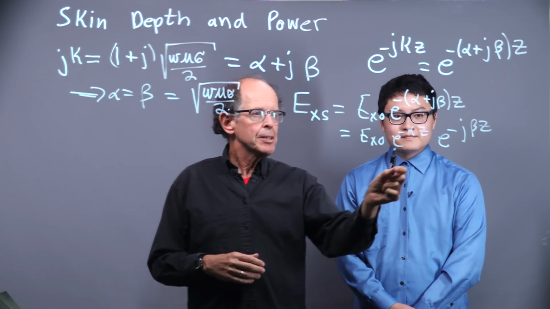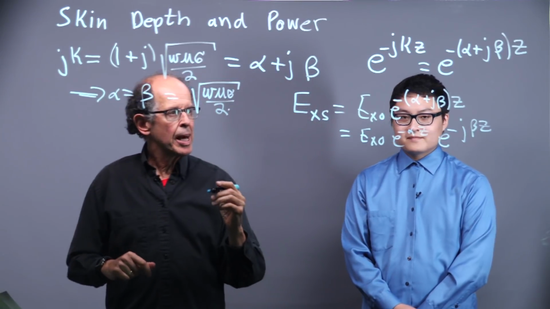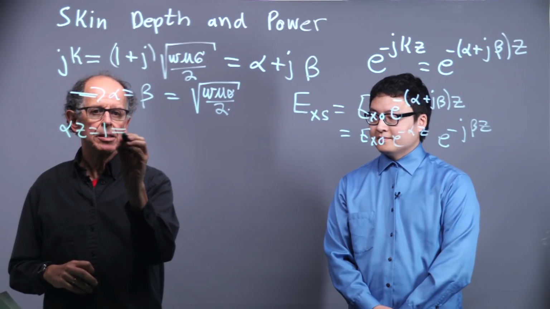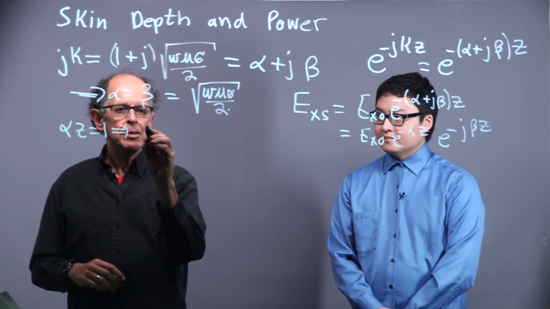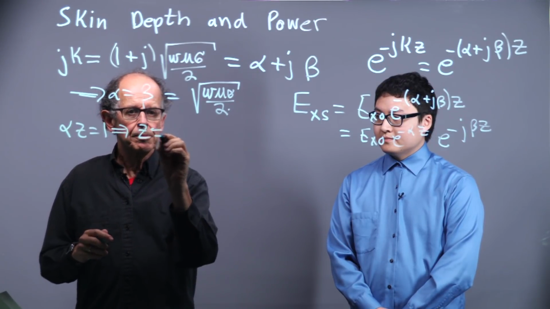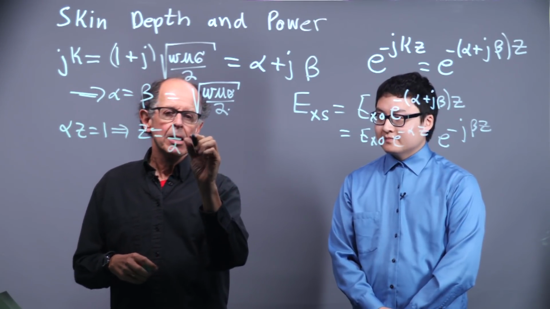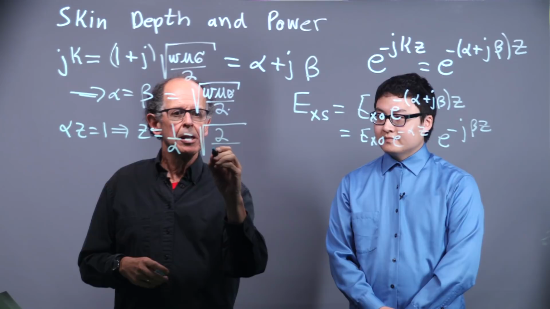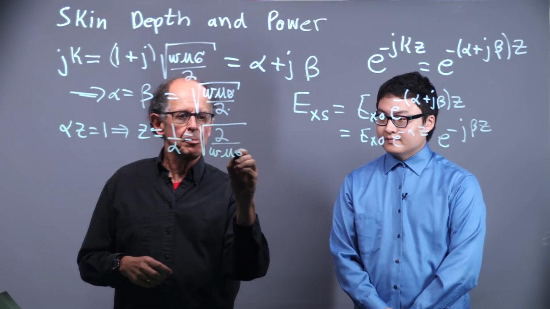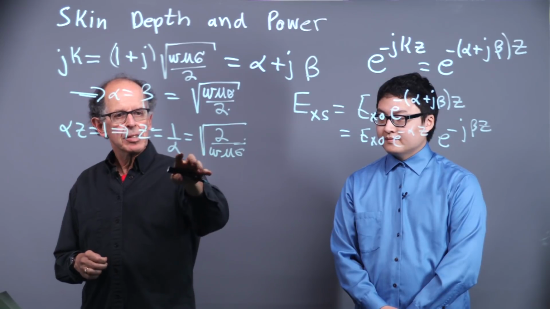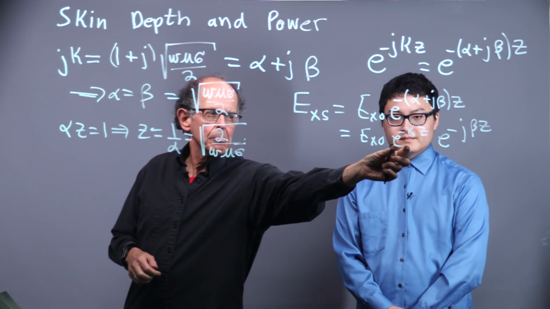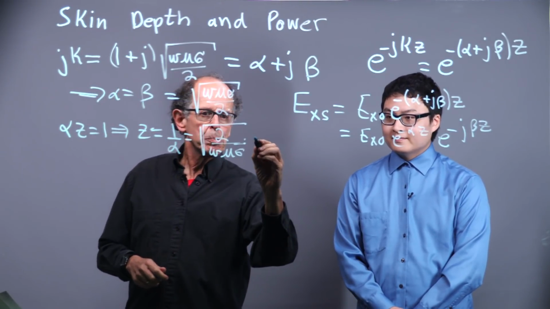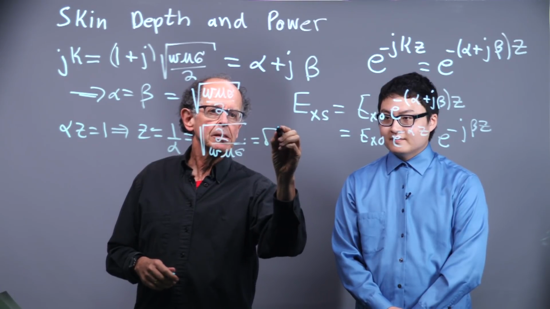So this gives us a scale factor. When is that equal to 1? Alpha z equals 1 means that z is equal to 1 over alpha, which is just the reciprocal, the square root of 2 over omega mu sigma. That is the distance at which the amplitude becomes e to the minus 1. Now that distance has a special name. It's called delta,